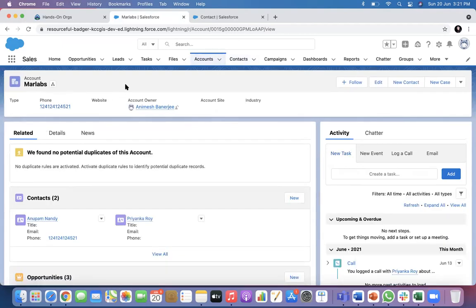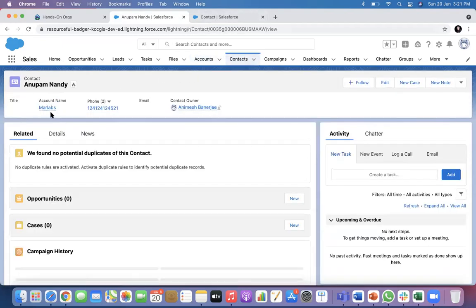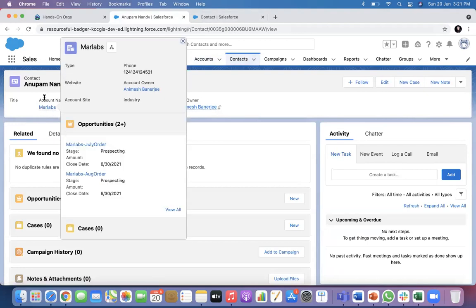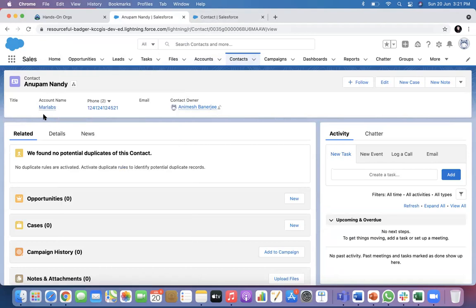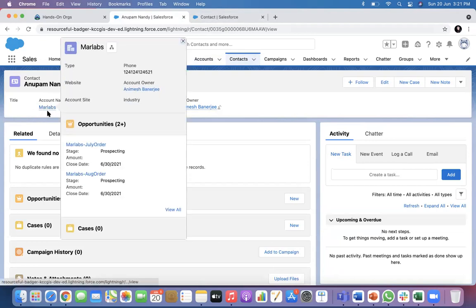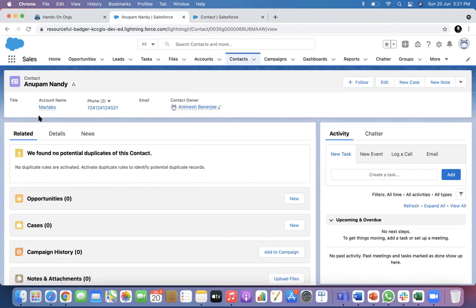So in Salesforce, this account name basically is a lookup field, which is hyperlinkable, and it shows the name of the record instead of showing the ID, which makes no sense to end users, right? If I put the 18 character ID here, will it be helpful at all? Not helpful, right? So Salesforce automatically substitutes this ID field with the name of that record and puts a hyperlink. So if there is a lookup field or a master detail field, both behave the same way.